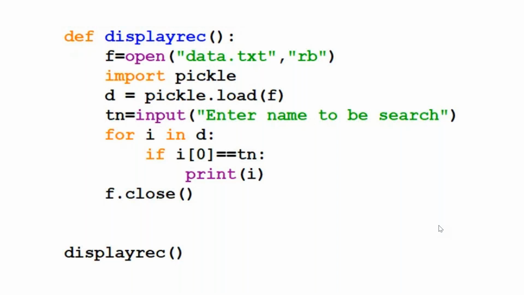Pickle is one class name, which is other code you are trying to import in this code. So that's the reason you are creating one object. d is equal to pickle.load. So load. What is the load here? Can you tell me? Anyone would like to tell me what is the load?